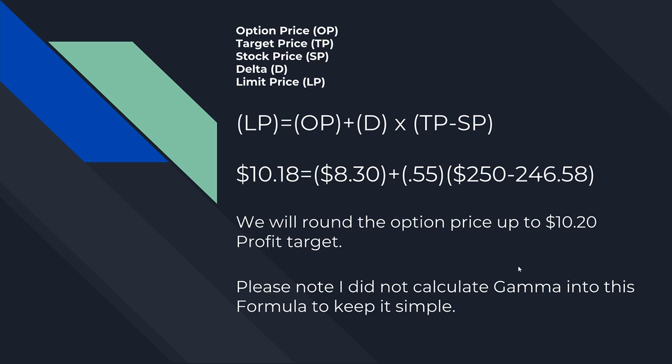And please note, I know there's something about gamma, and for every dollar that the delta goes up, you also have to add in gamma. At this point, gamma is like 2 cents, so I'm not really going to worry about that too much. So anyway,